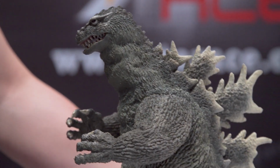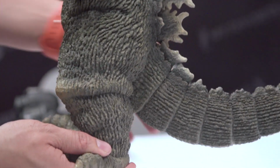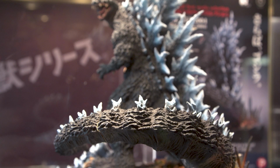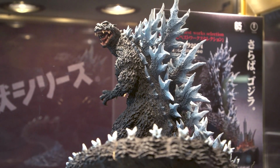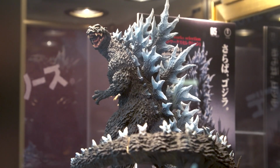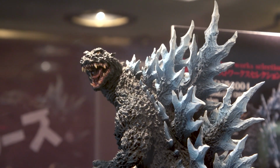And everyone has their favorite era of Godzilla. Oh yeah. And there's so many different versions that get put out. How do the sculptors figure out the poses or choose what is, in their mind, the perfect representation of '68 Godzilla or something? Oh yeah, so they will look at the films themselves and look to see what some